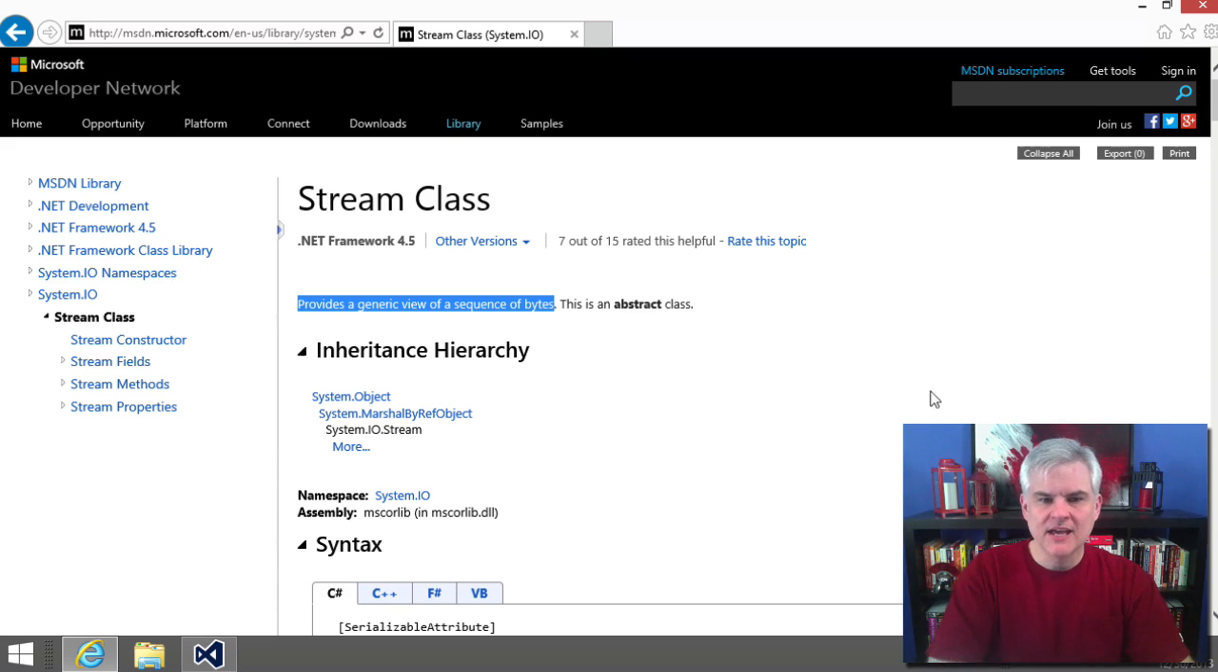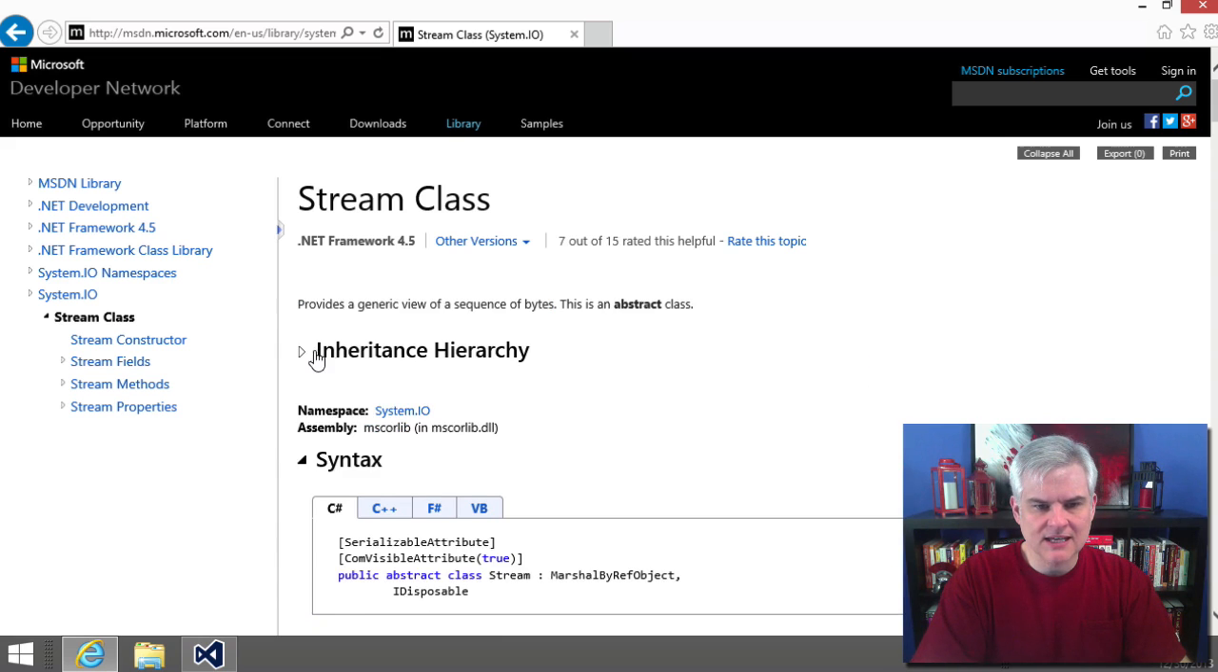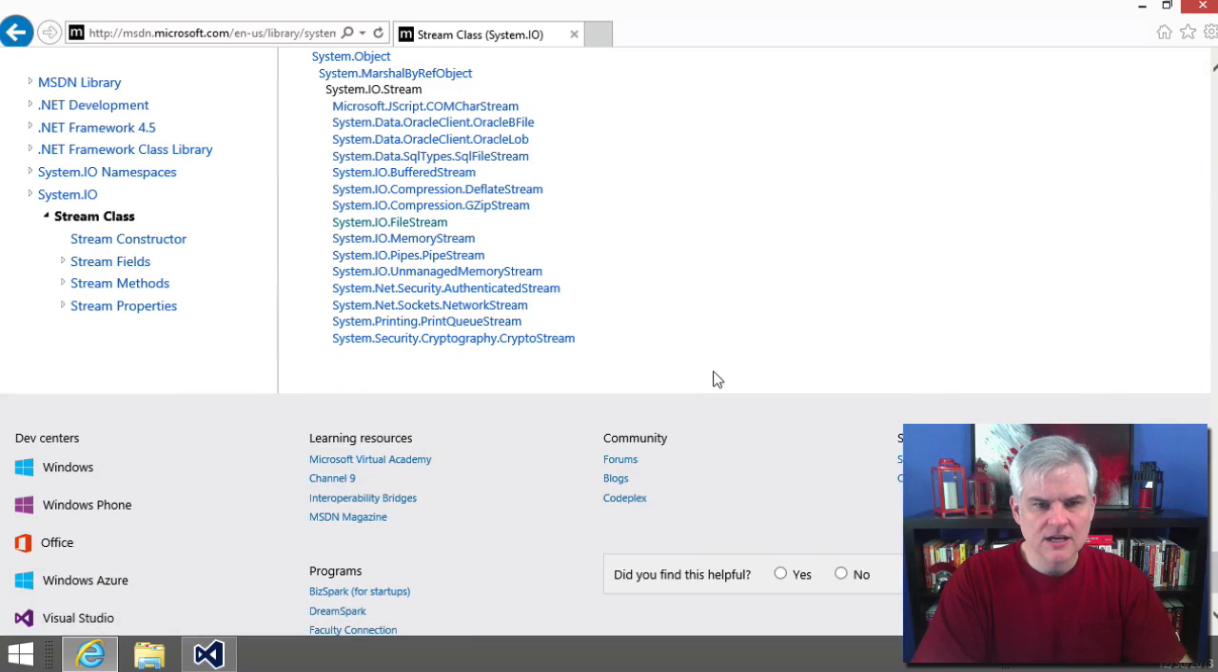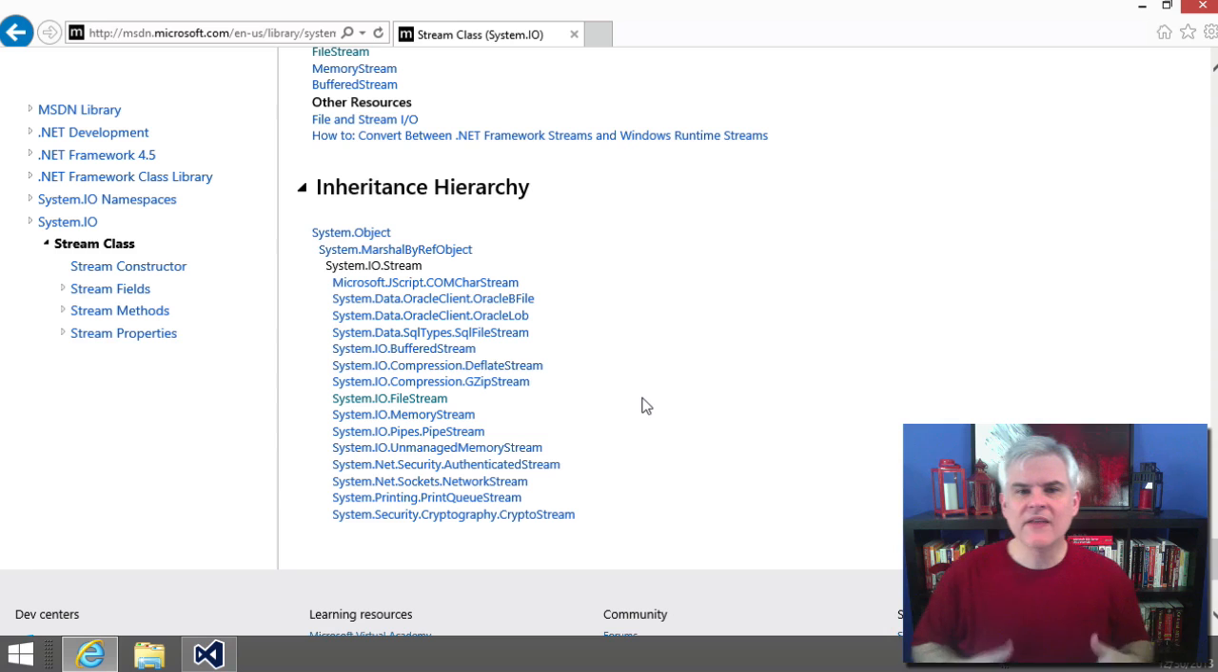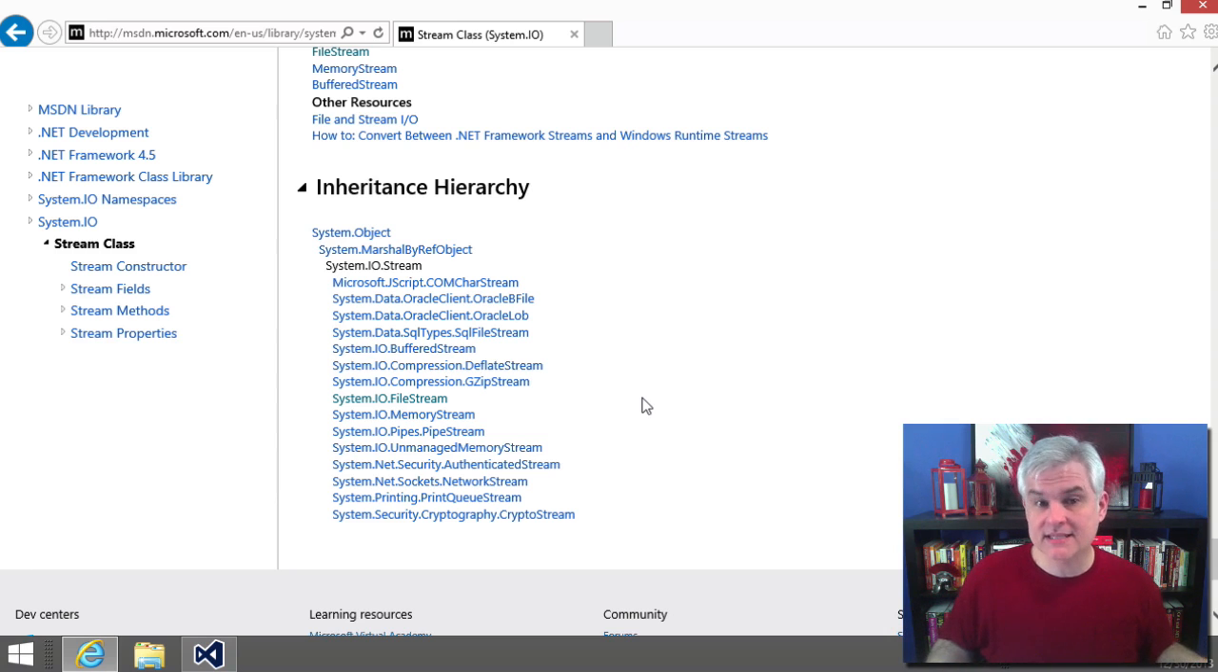And if we were to click the More right here, we can see at the very bottom of this page all the classes that derive from, or are children of, the System.IO.Stream class. And so we see our FileStream class down here, but it has a number of siblings. Each of these derive from the same base class, System.IO.Stream. In other words, they all work with streams of bytes, even though how they work with those bytes might be